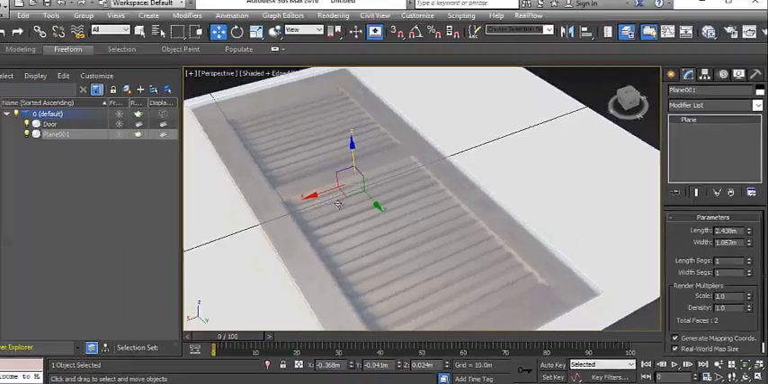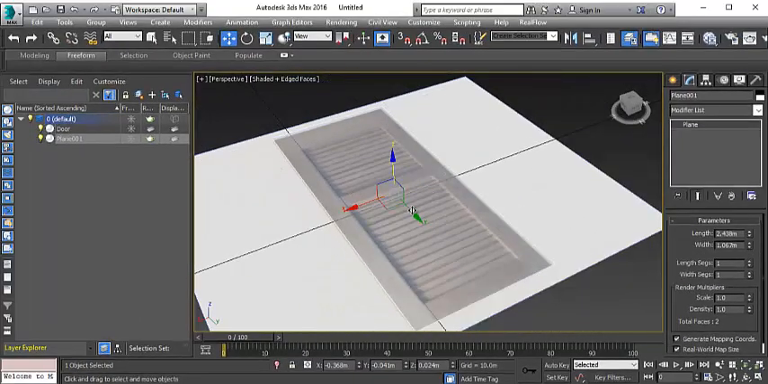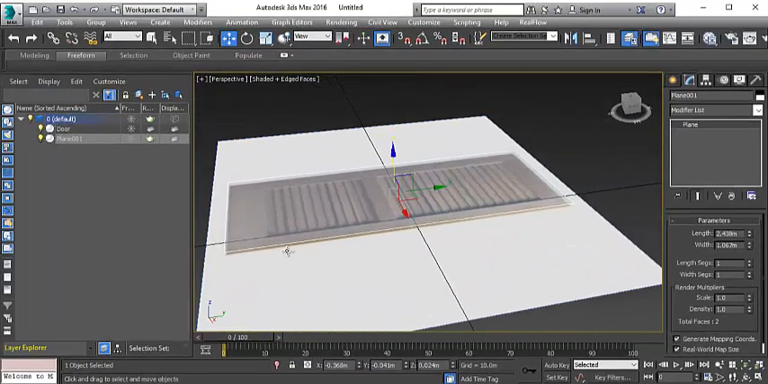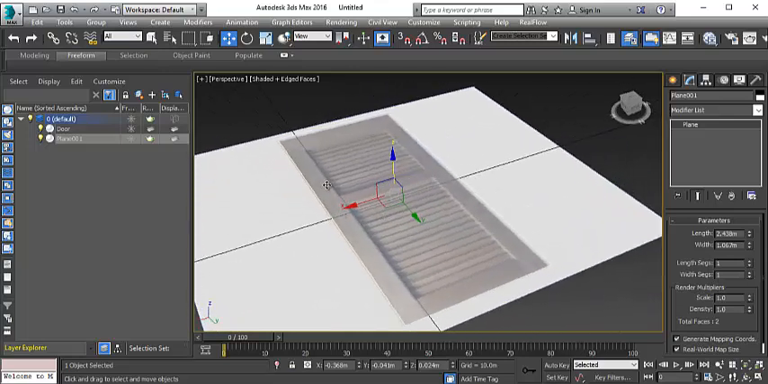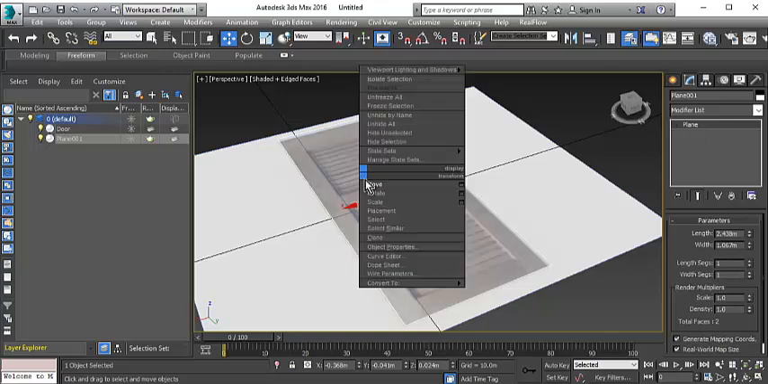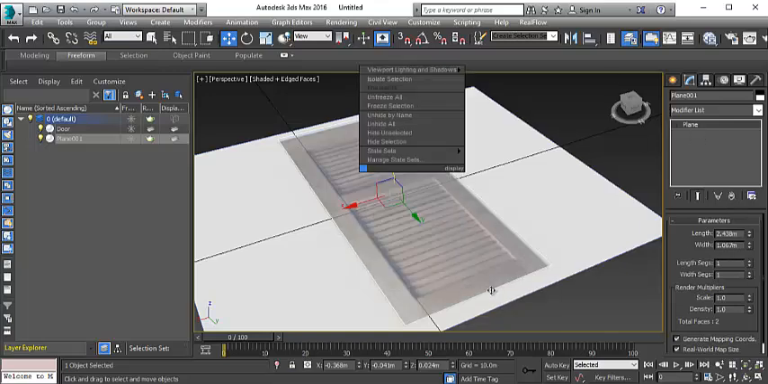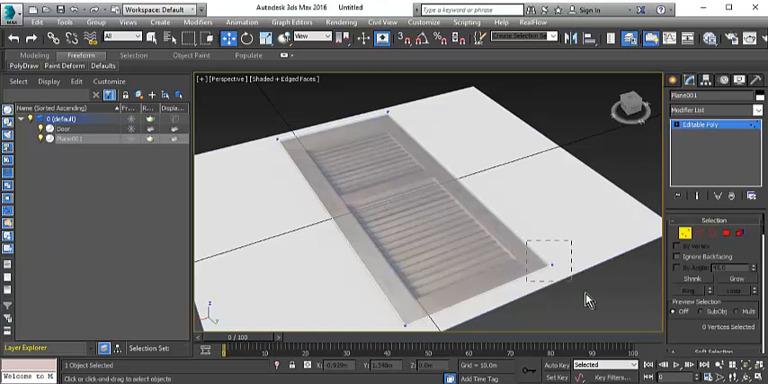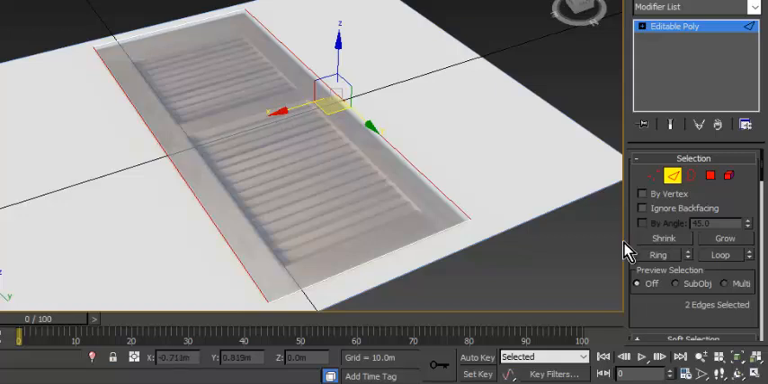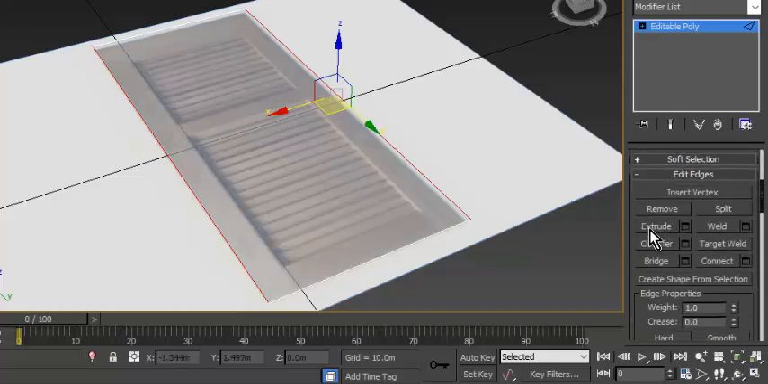And what I would do now is manipulate the polygons according to this image that I have in the background. Okay, so first thing I would do is convert this to an editable poly. Now I'm able to select the vertices, edges, or faces of this polygon. So the first feature I'd want to use is edge. I want to select these two edges, and I want to use a connect feature. So I'm going to use the connect tool,